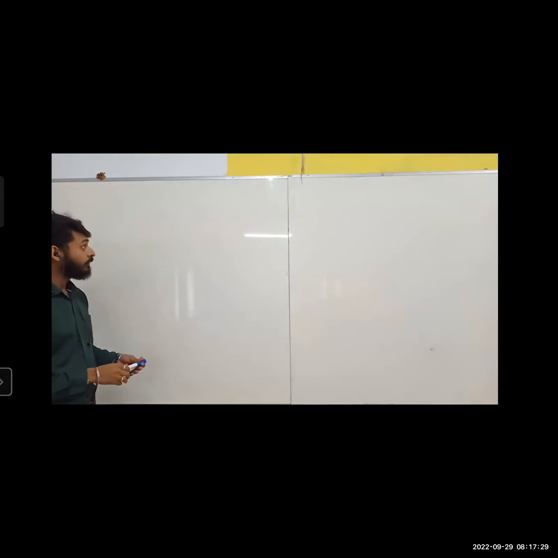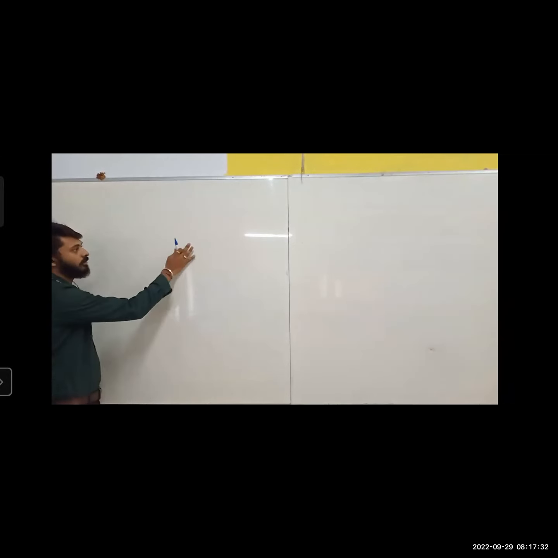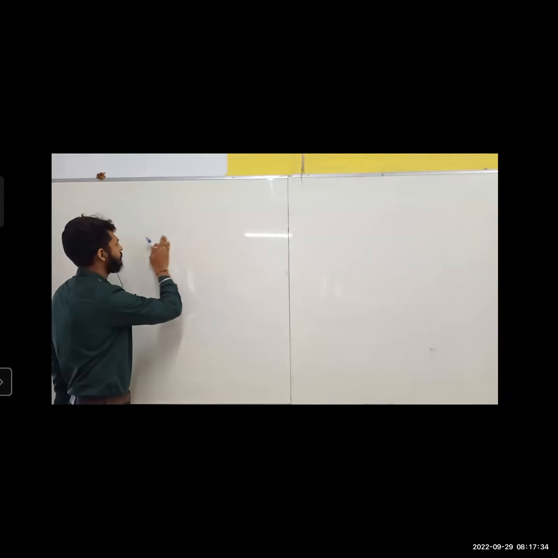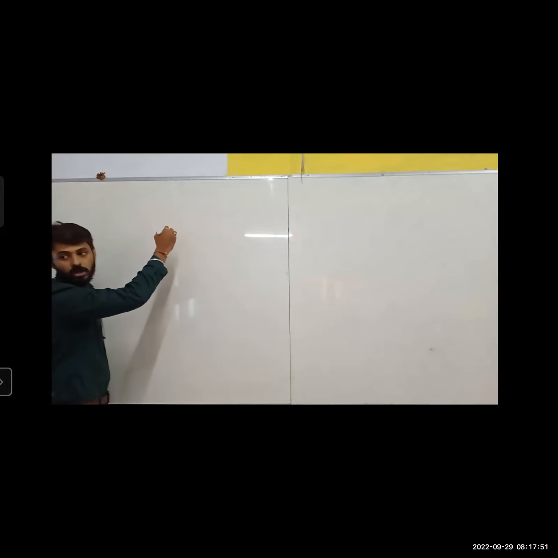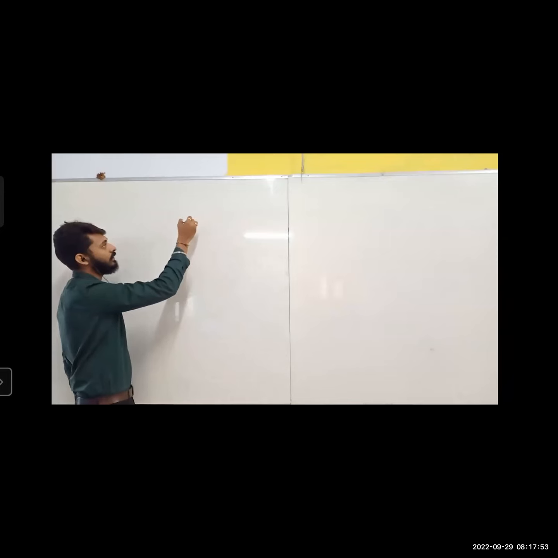Okay. So in today's class, what we have to discuss is, yesterday we have seen that if we want to print 5 stars in each row, what exactly we have to do, that part we have seen. Today what we have to see is if I have to print like this,